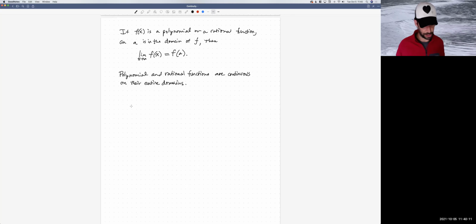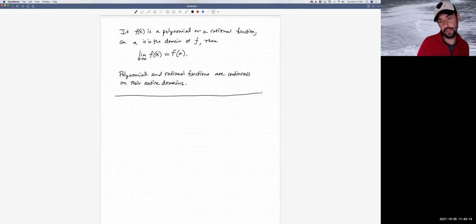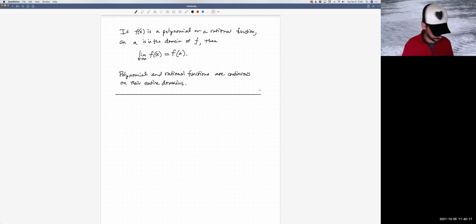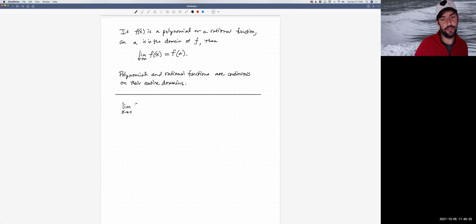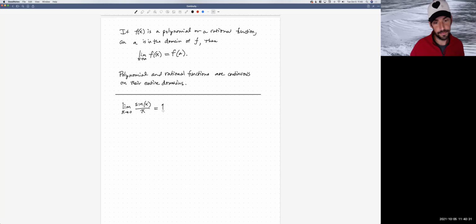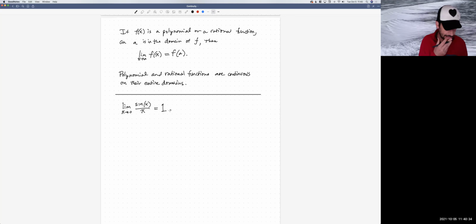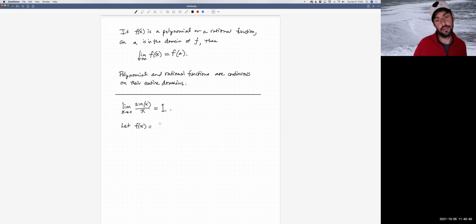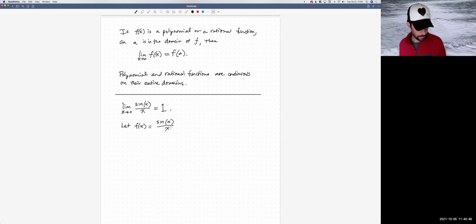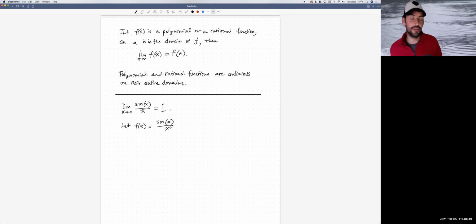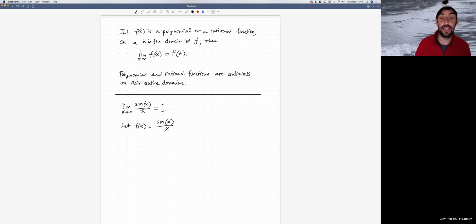Okay, let's look at another function. We talked about the function we saw in the previous video, maybe 2 videos ago, that the limit as x goes to 0 of the sine of x over x is equal to 1. Okay, so we showed that last time. So if I define the function f of x equal sine of x over x,